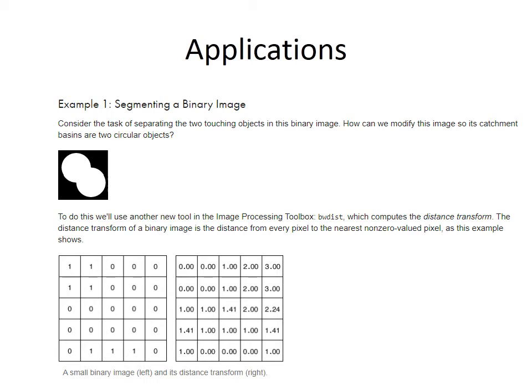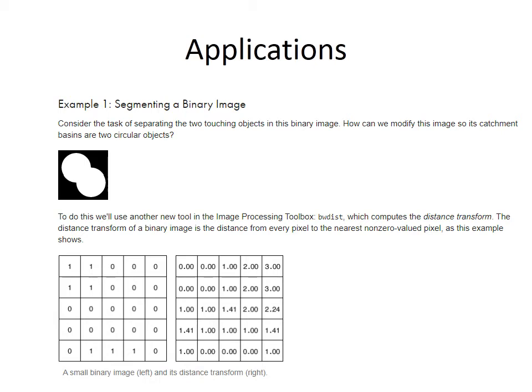By using this command, which computes the distance transform, the distance transform of a binary image is the distance from every pixel to the nearest non-zero value pixel, as in the example given in the first matrix. In this 5x5 matrix, we can have values of zeros and non-zeros.